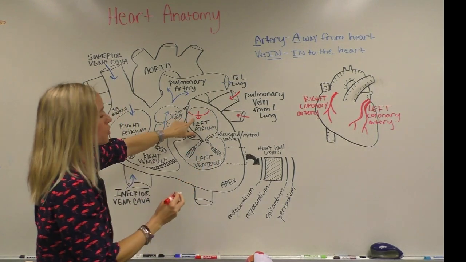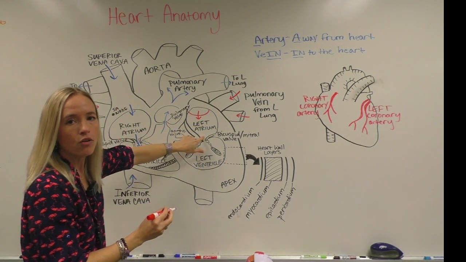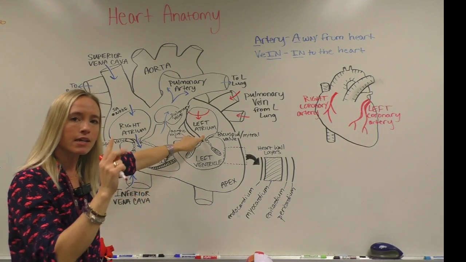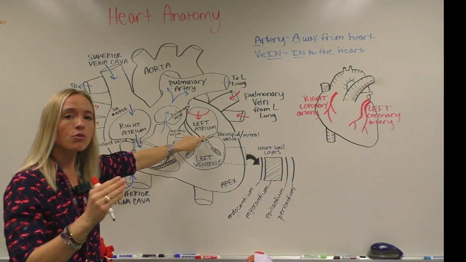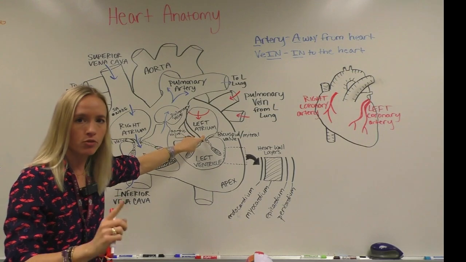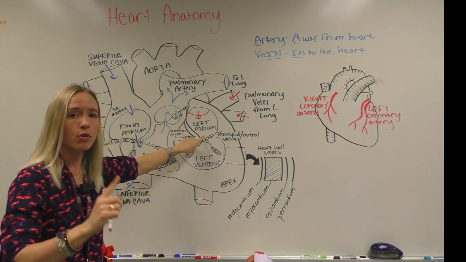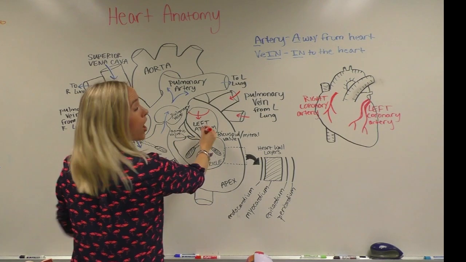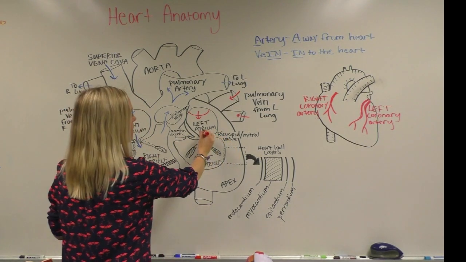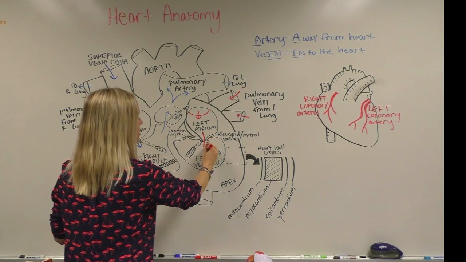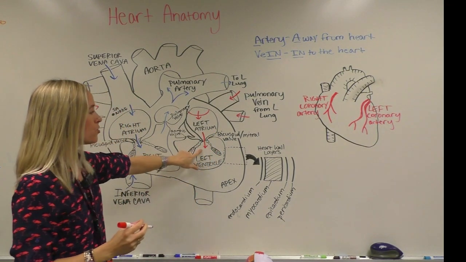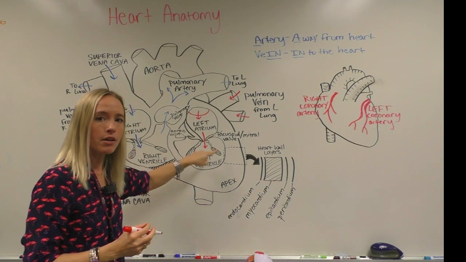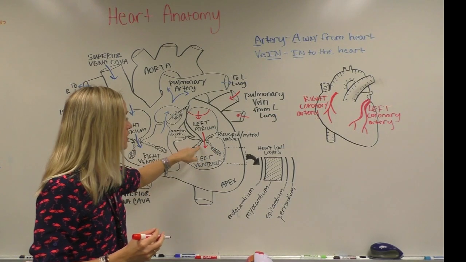From the left atrium, it's going to pass through the valve on the left side, which is called the bicuspid valve, because it has two flaps, but it is also commonly referred to as the mitral valve. You need to be familiar with both terms and use them interchangeably. So the oxygenated blood flows from the left atrium through the bicuspid or mitral valve to the left ventricle. Again, in the left ventricle, we're going to find papillary muscles that are pulling on the heart strings